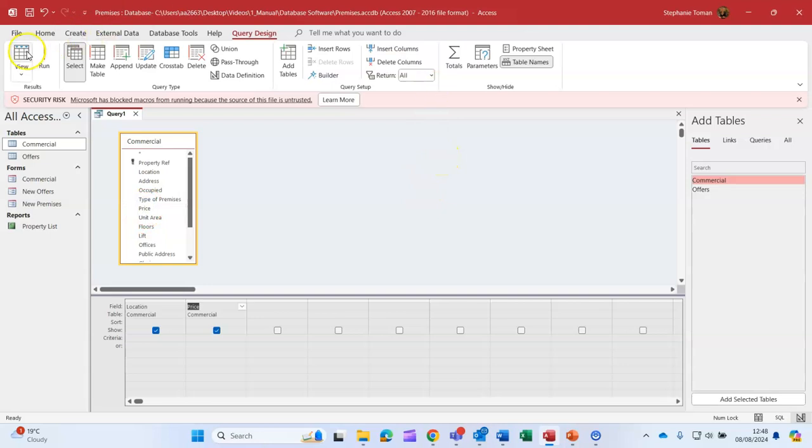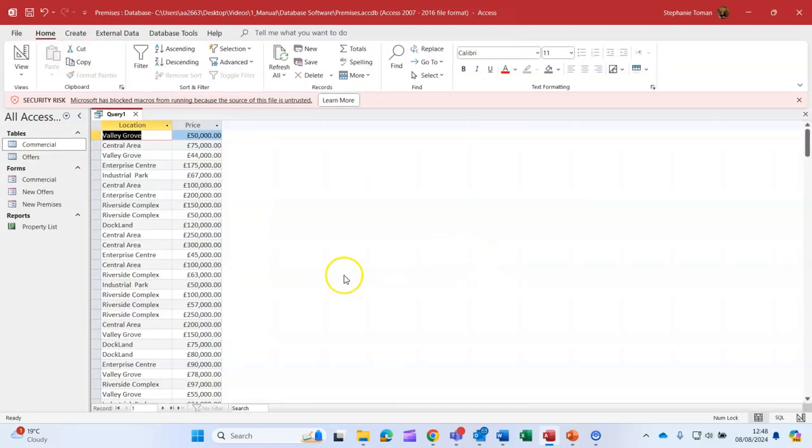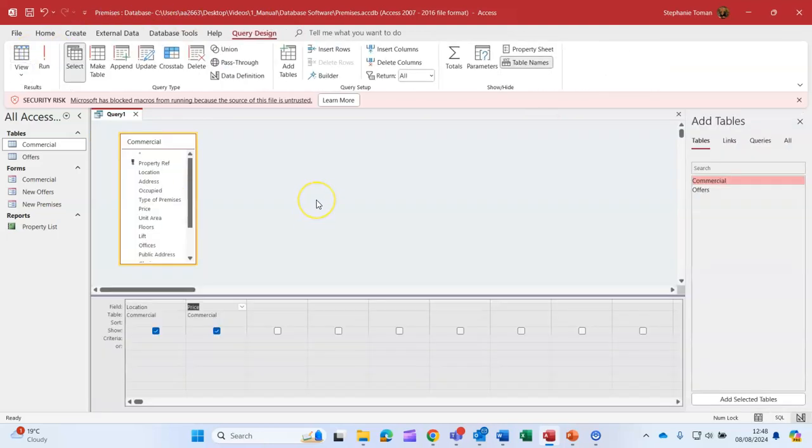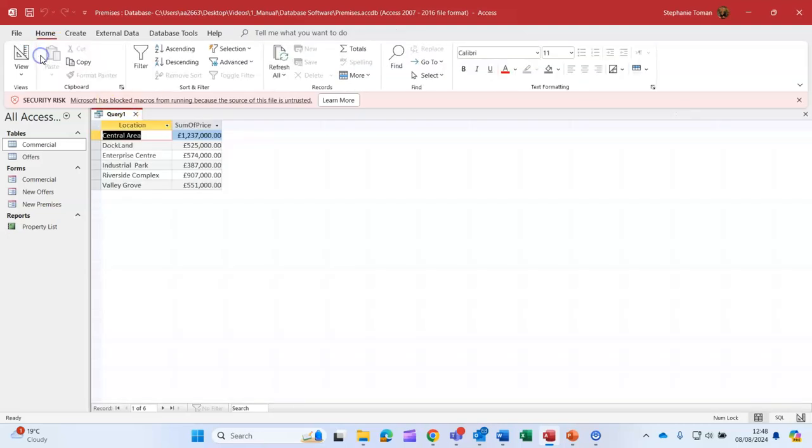So you can see that if I run that, all I've got is all of the locations and all of the prices. So if we want to apply a summary to this and do a sum total on the price, then what we're going to do is we're going to activate the totals column by clicking on the sigma sign up here, the totals sign. Click that and then we get the totals group by. Drop the one down with the price and click on the sum,